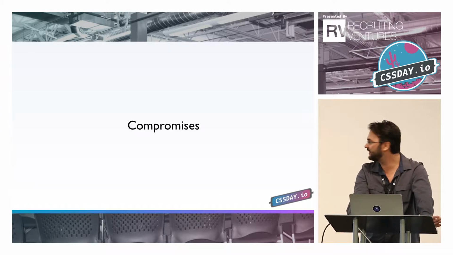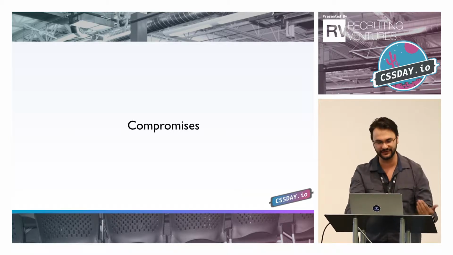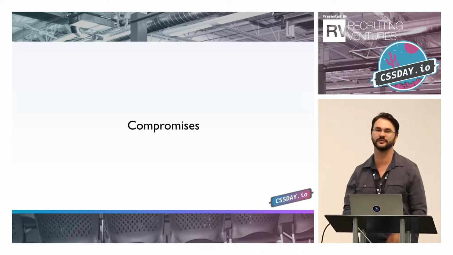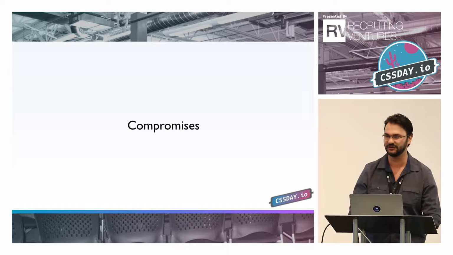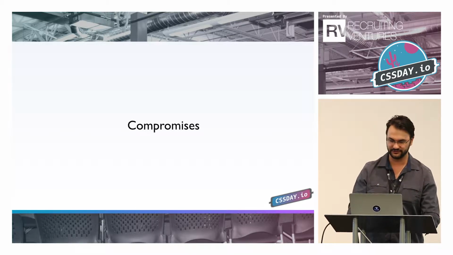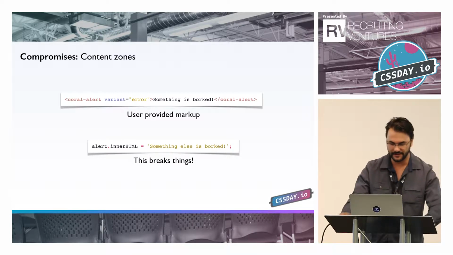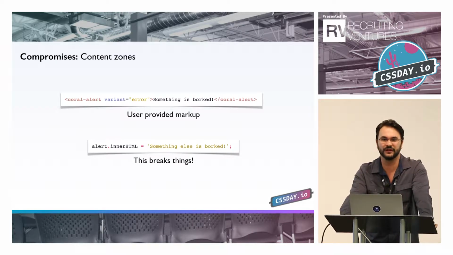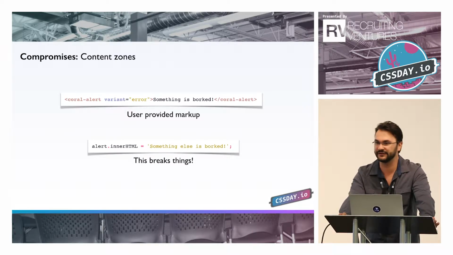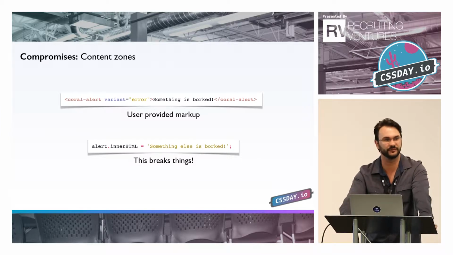So we've got some tech, we've got things working, it's in there, but we had to make some compromises just to get this all actually working. So let's talk about a few things we had to do. Because we don't have Shadow DOM and the template and content elements that you saw in Jonathan's presentation there,